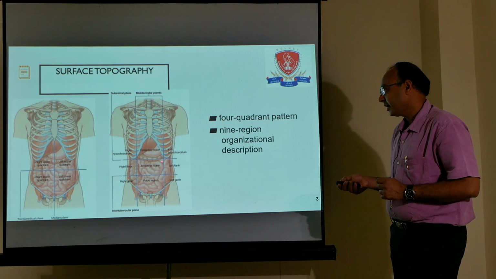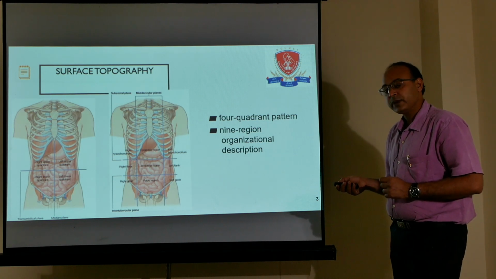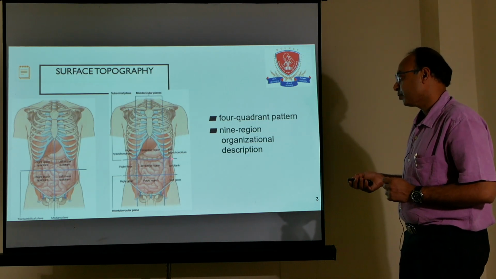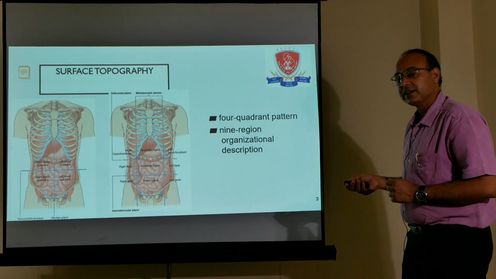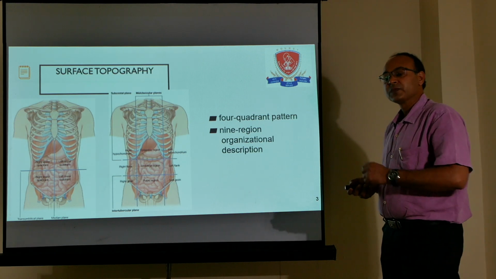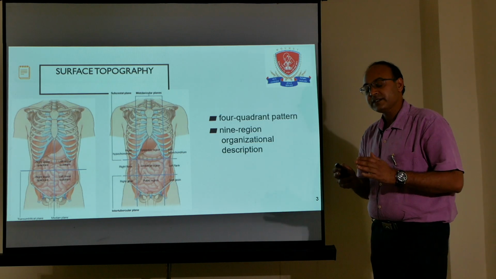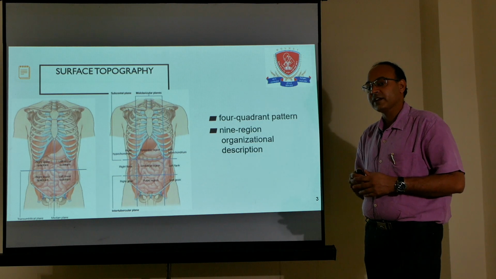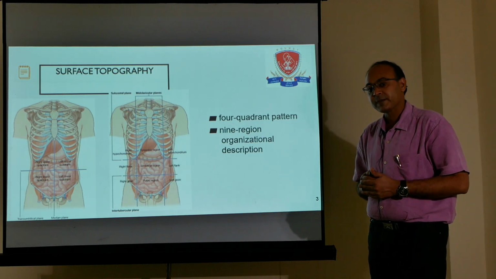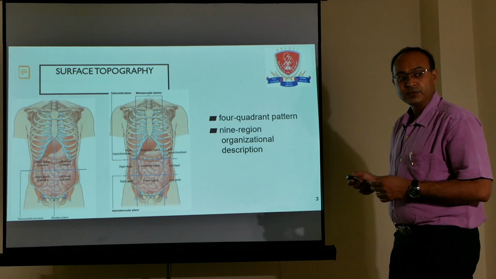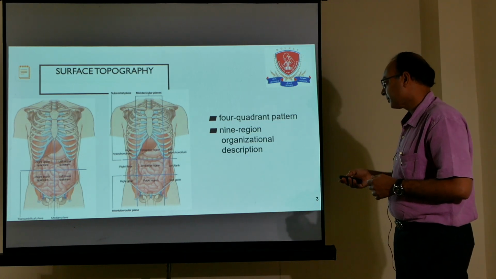Here this horizontal line is the subcostal line. As per Gray's anatomy, they have divided according to the subcostal line. But in the surgical books, the horizontal line defined is the transpyloric plane through the tip of the 9th costal cartilage. This is the imaginary line which is said to be at the level of the pylorus of the stomach. There are many important structures which pass at this plane, which we are going to discuss further.